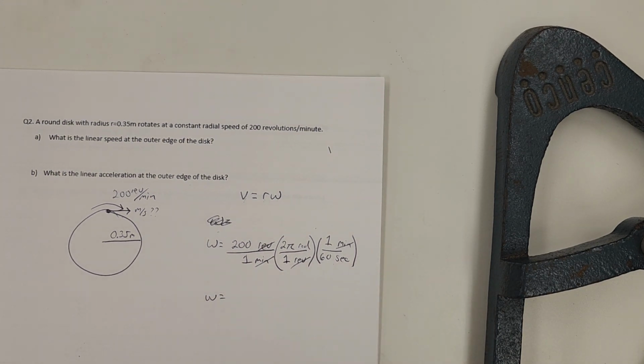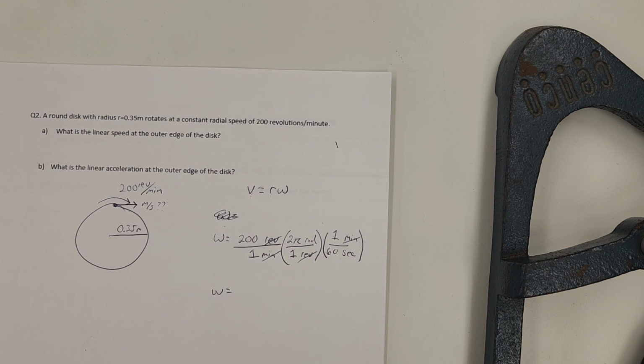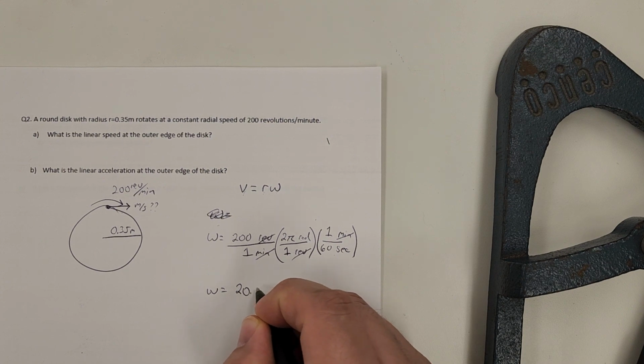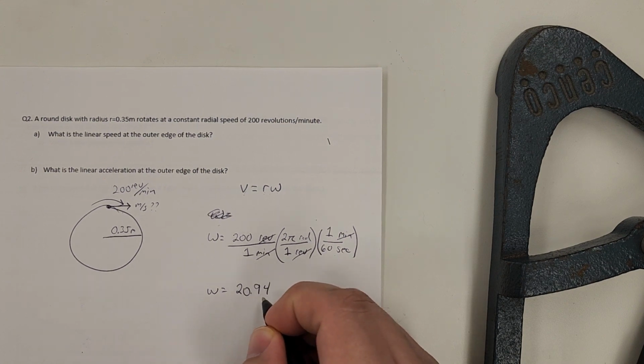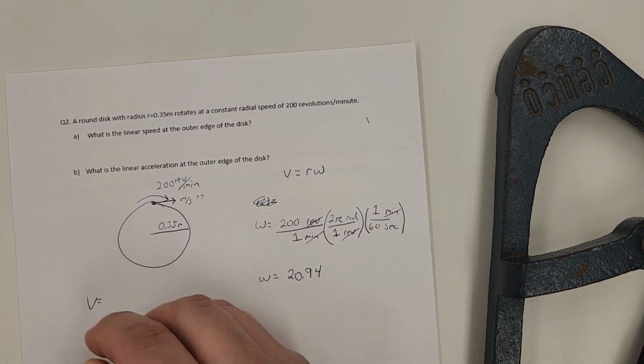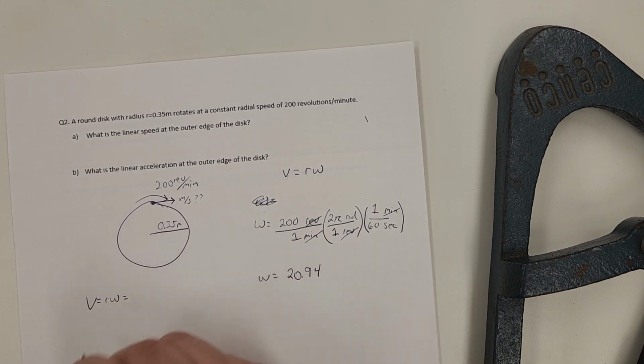Now if we do that out, we have 200 times 2 times pi, and we're going to divide the whole thing by 60. We get an omega of 20.94. So now if we're solving for v, we have v equal to r omega, which would then be equal to